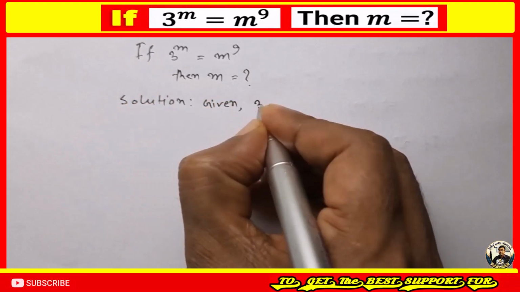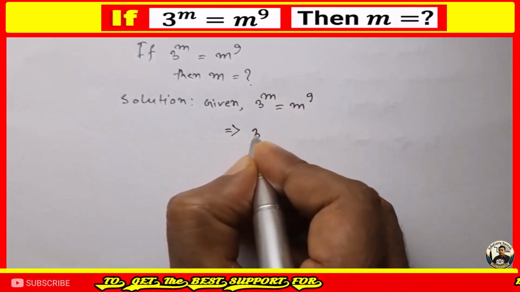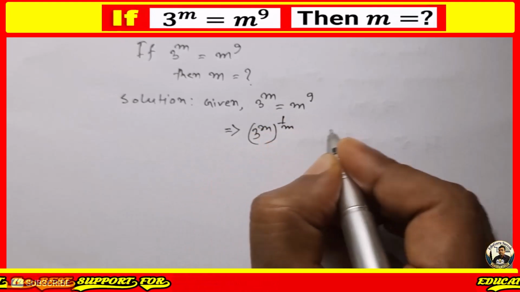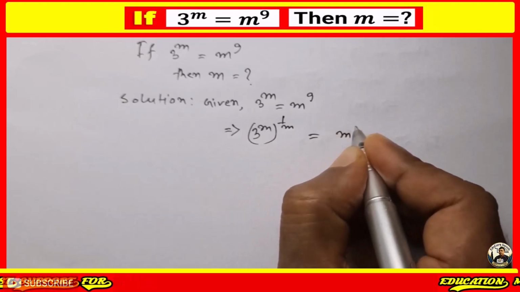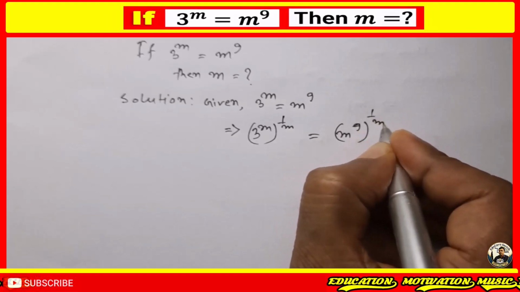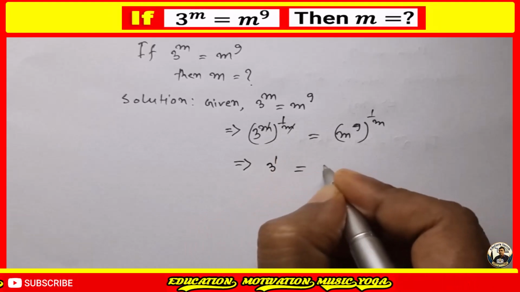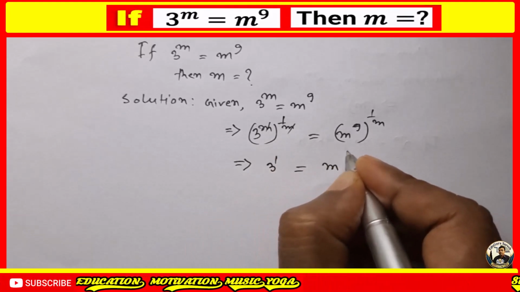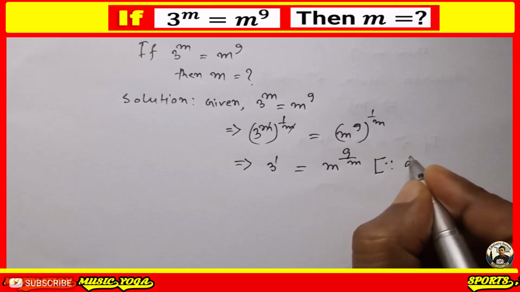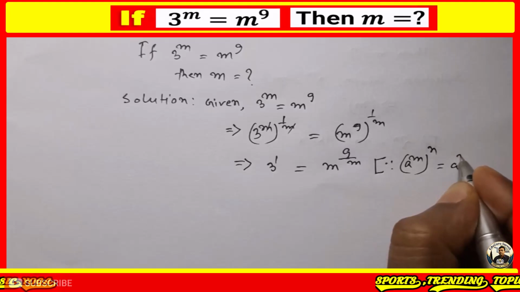Given 3 to the power m equals m to the power 9, raise both sides to the power 1 over m: (3 to the power m) to the power 1 over m equals (m to the power 9) to the power 1 over m, or 3 to the power 1 equals m to the power 9 over m. Since we know (a to the power m) to the power n equals a to the power mn,